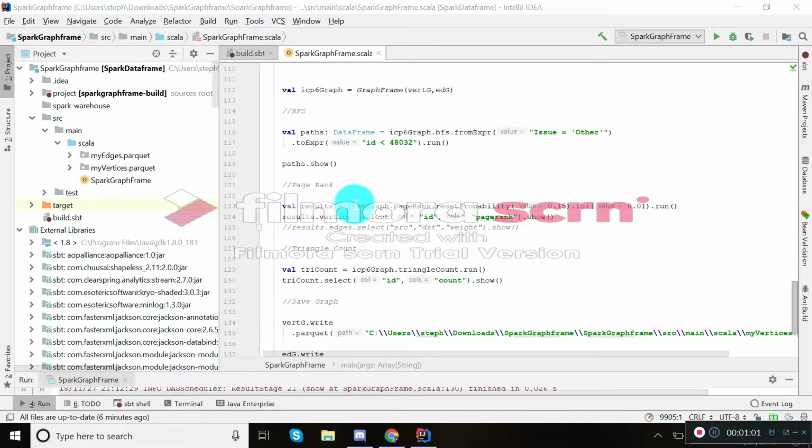Next is PageRank. Results is going to be the PageRank when our probabilities are here from this value to this value, running it, selecting ID and PageRank to show them. I have this commented out by accident. Then I have the source, from source to, then I have the edges, which is source and destination edges,